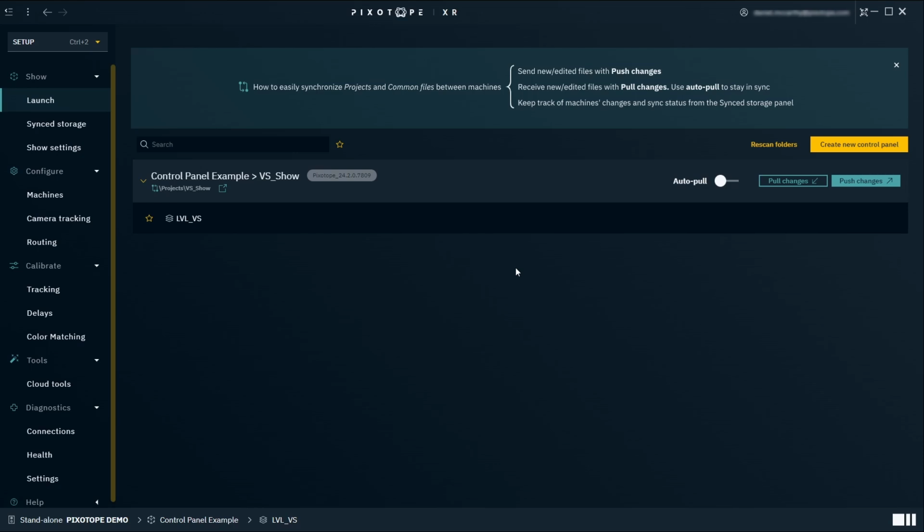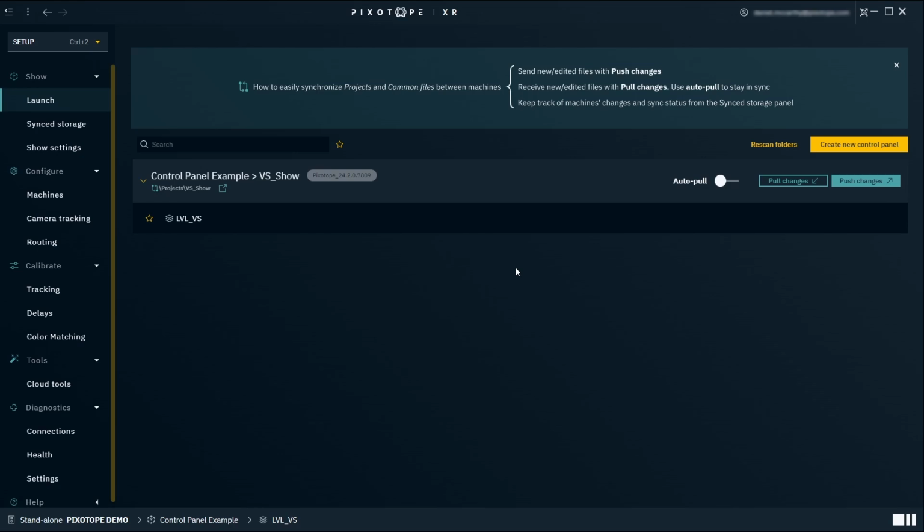In this video, we'll discuss Pixotope's control panels, what they are for, and how to create them. Control panels allow you to control and trigger any aspect or parameter of the engine without the need for coding. Our platform provides instant access to all engine elements within the control panel, enabling you to seamlessly drag and drop scene components, blueprints, properties, and functions into buttons, sliders, and more. The control panel editor lets you easily arrange and configure controls for the smooth operation of your production via a